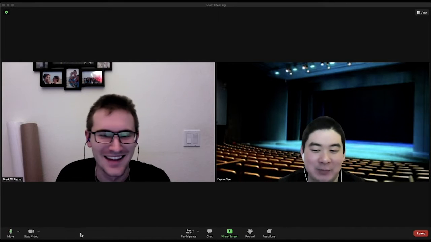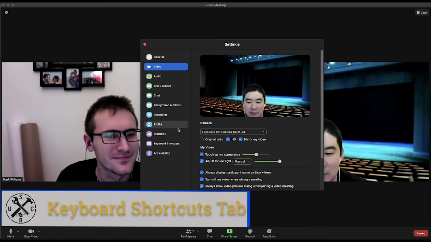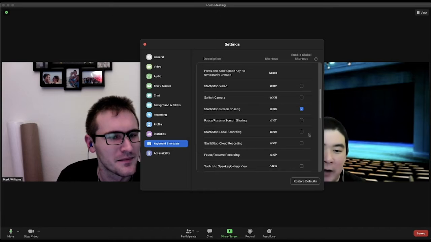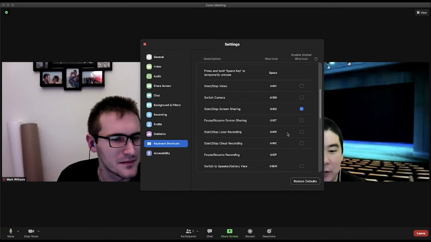We're going to be going over keyboard shortcuts today. Keyboard shortcuts is all the way down at the bottom here, just above accessibility. Click on that, it'll turn it blue and it'll pop up the keyboard shortcuts window here. As you can see, there's a ton of keyboard shortcuts here, one for almost anything you can do in Zoom,